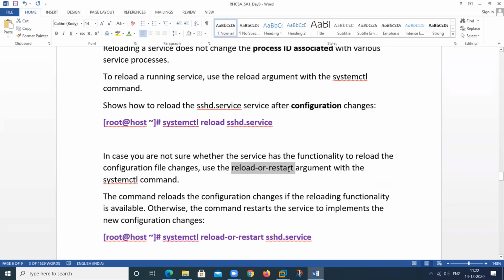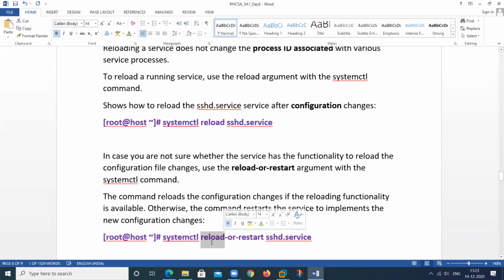Suppose we want, this is a new command, reload-or-restart, because sometimes we reload the service but it does not replicate the changes, so then we restart the service. First, it tries to use the reload.